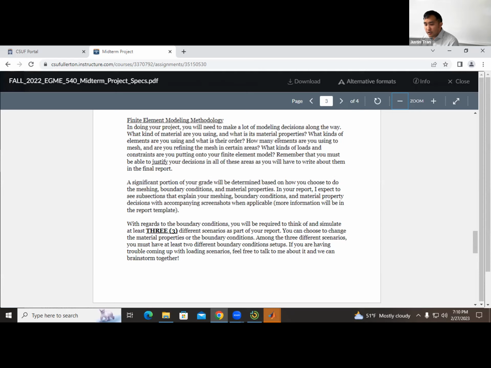You have to be ready to not only run the simulation, but also to justify and defend how you did it, to convince people that what you did was correct. We've talked a lot about meshing, boundary conditions, and material properties, so you are equipped with all the information that you need to justify all these decisions.